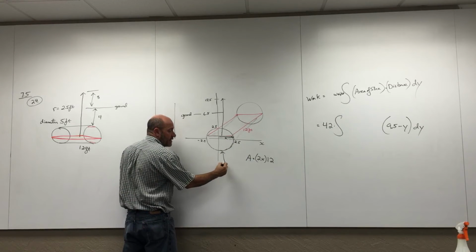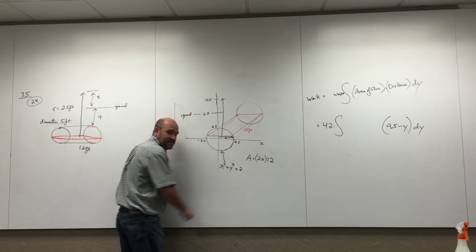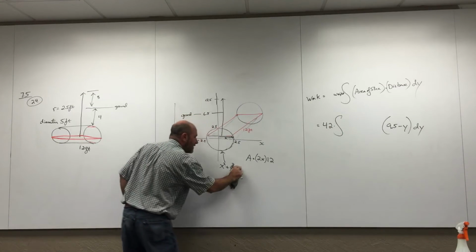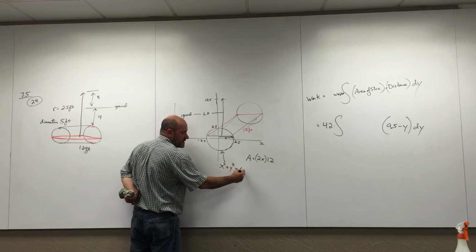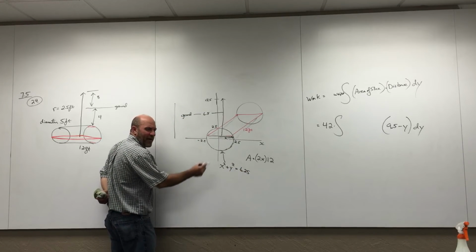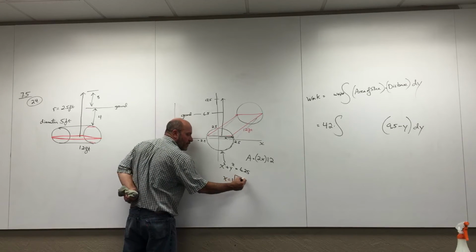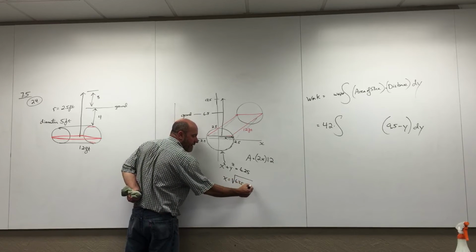It's x squared plus y squared equals 2.5 squared. 2.5 squared is 6.25, right? Okay, now I want x. So what's x? The square root of 6.25 minus